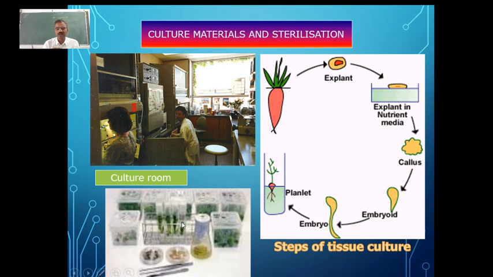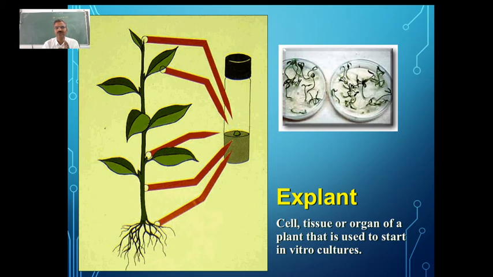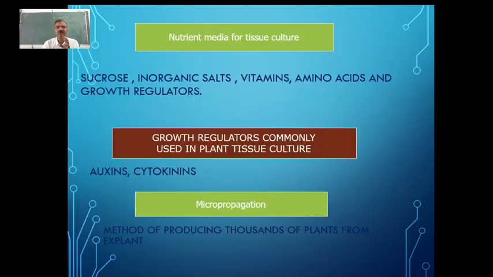Especially the horticultural croplands like banana are cultured by using this tissue culture. And what is the advantage of using this? You can just have a look at this again. This is the explant which is taken in the artificial nutrient medium. You can see the plantlets which come out here. These are all the plantlets. Since they are done in the laboratory, they are also called in vitro method, in vitro culture.